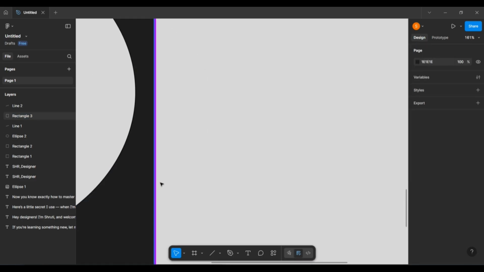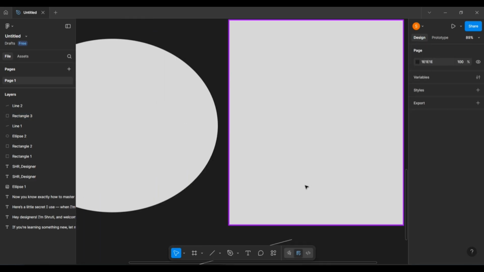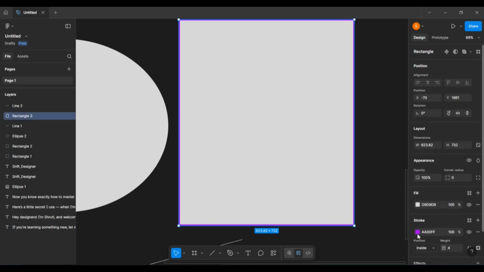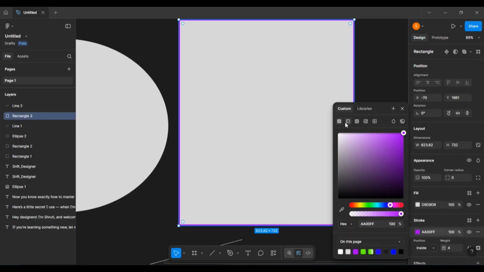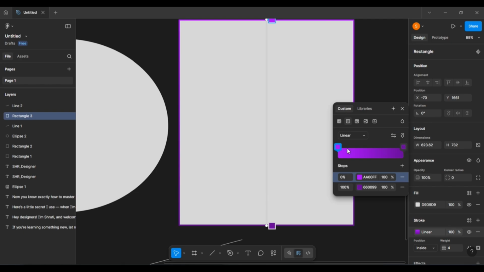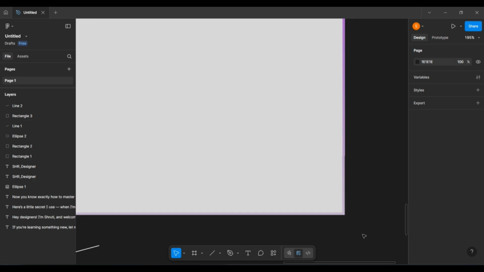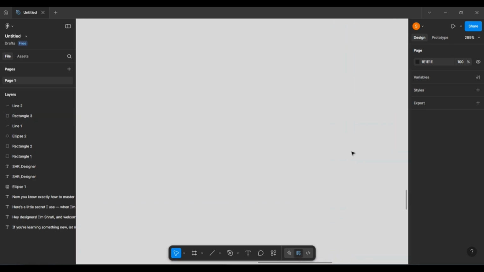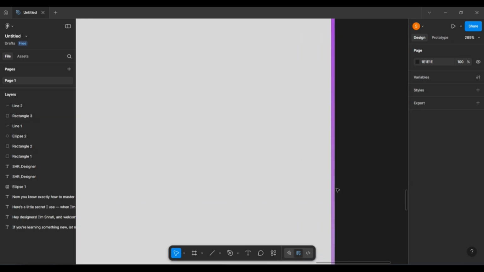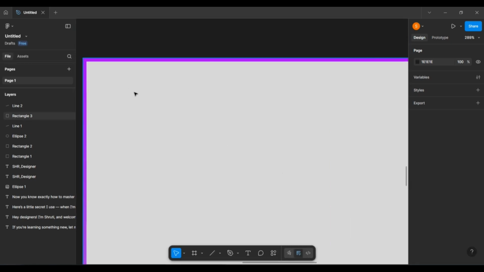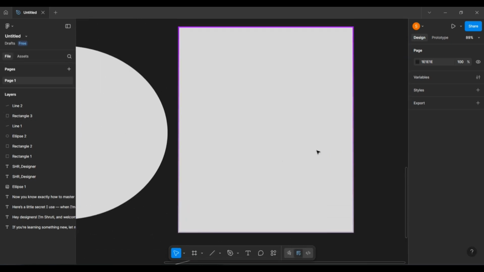Now let me show you something with the gradient. If you want a gradient over here, and over here you want no color to be pressed, just reduce the opacity, like a bit low opacity. Now you can notice the changes: a bit of zero-type color is present over here, and over here you can see 100% opacity is there for the stroke. You can play with this type of color.